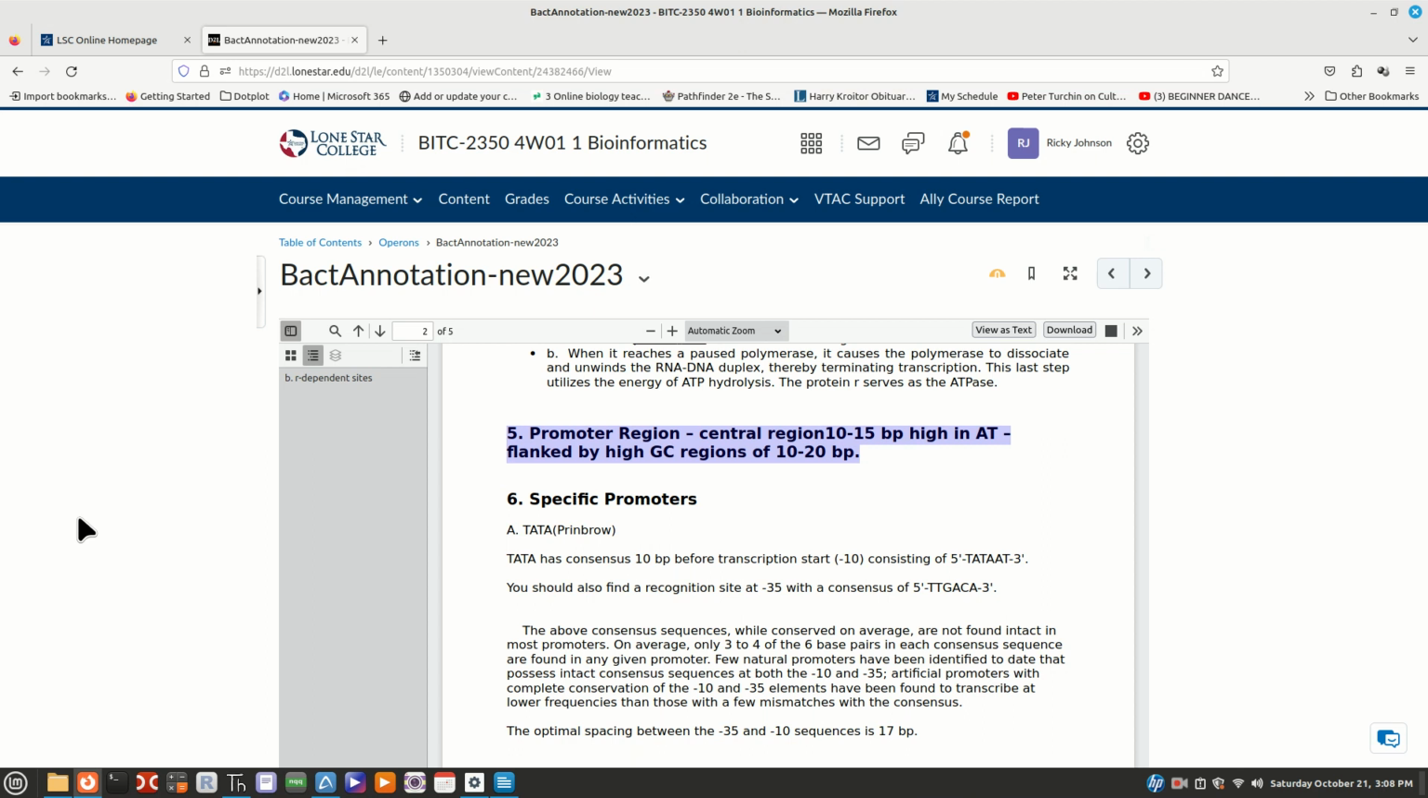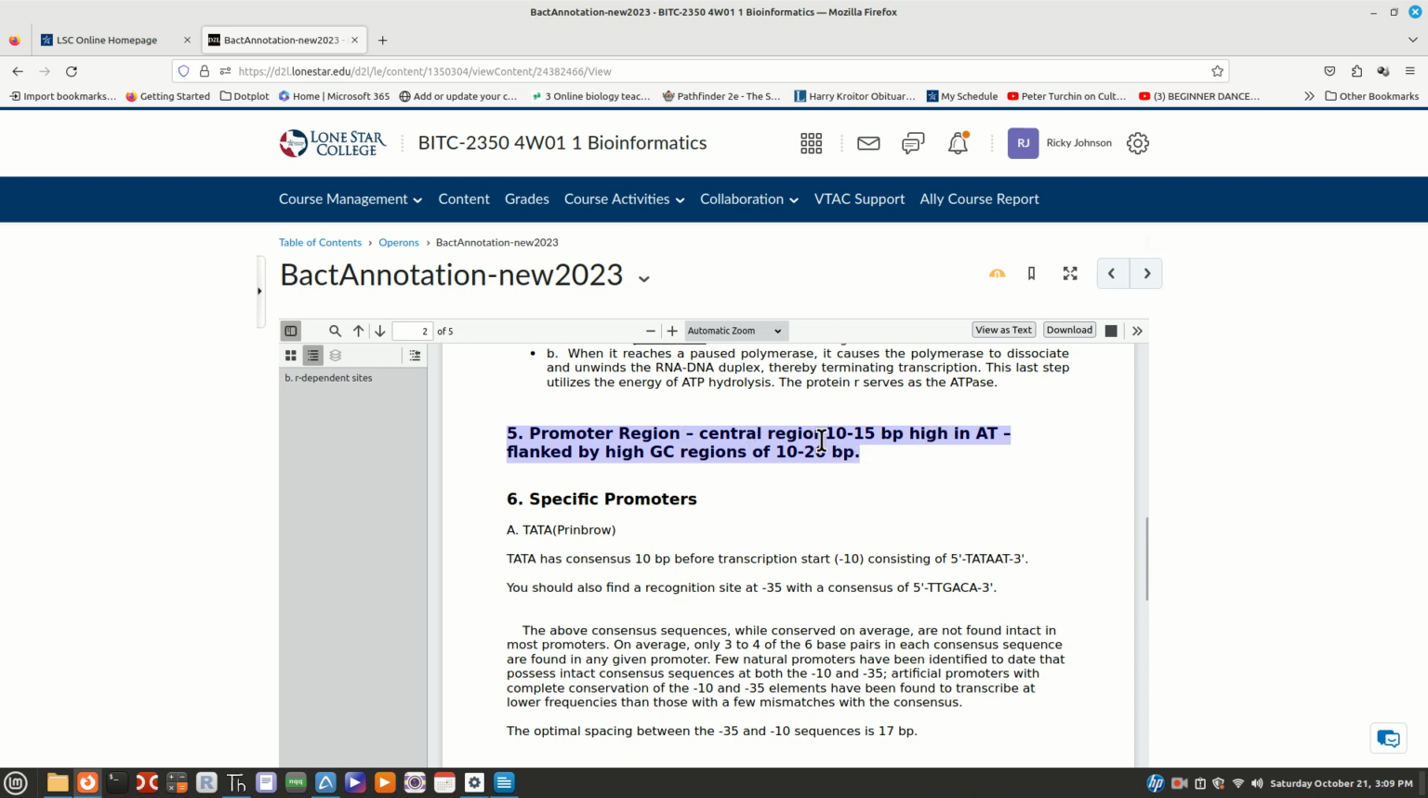We're going to look at number 5 on the annotation directions. There isn't much explanation given. It's kind of self-explanatory, but I'll go over it real quick. What I'm showing you how to do is that your promoter region will be